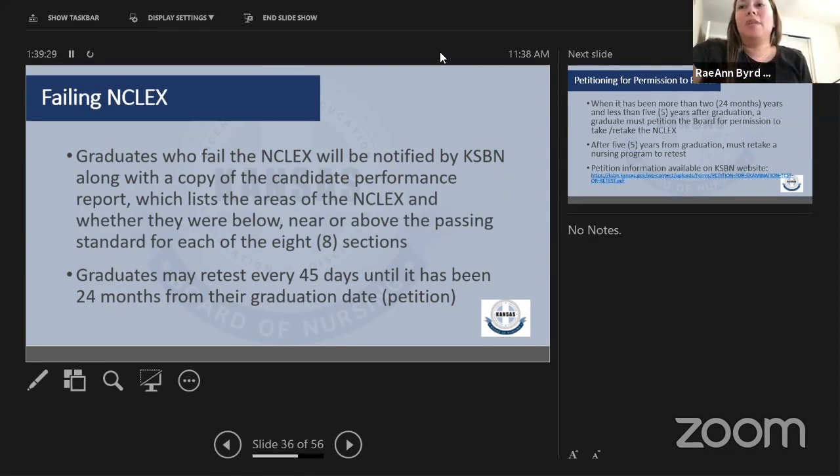Hang on, Janelle, there was a question. Is there a difference in application? Yes, they're asking if there's a difference between the multi-state and the single state license application. There is not a difference in the application, just a difference in the fees. Your single state license is only going to be usable in Kansas, whereas your multi-state is going to be usable in all of the other compact states.